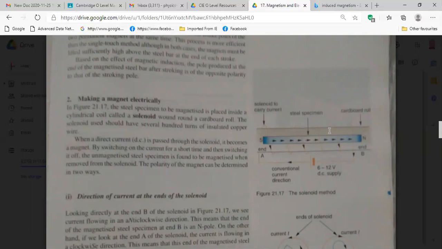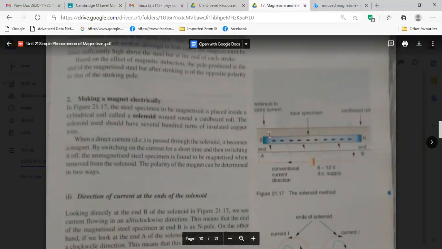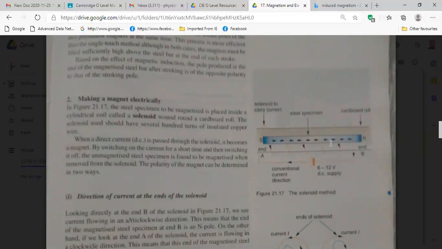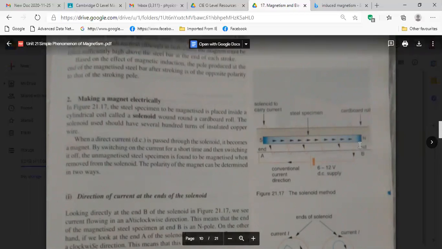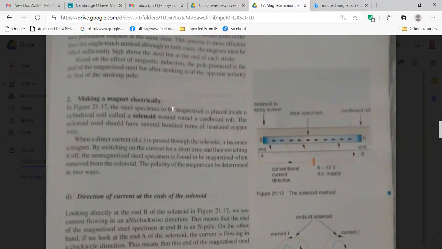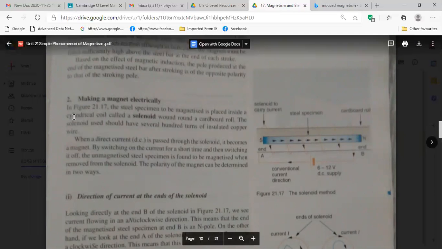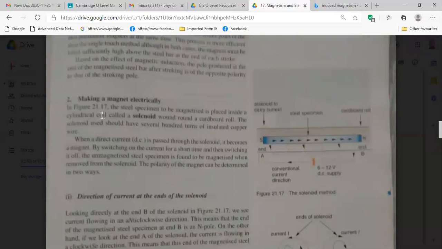So here also it is shown. You see the current direction is like your other fingers. Then your thumb, at the right corner, is producing the north pole. So this is the right hand grip rule. You write there, about the solenoid and everything, according to the right hand grip rule.